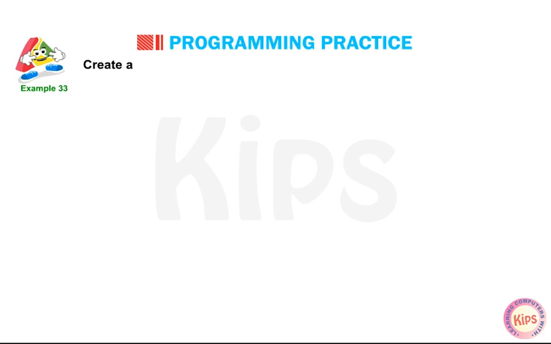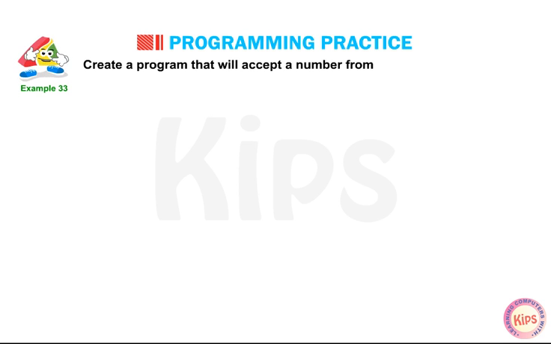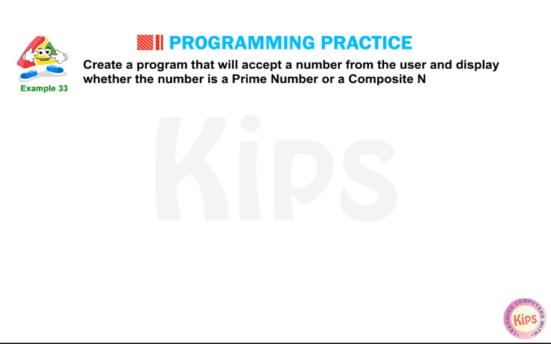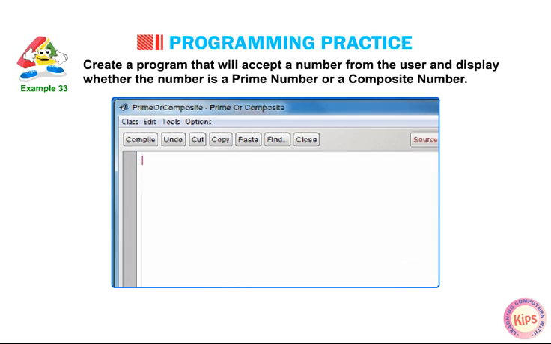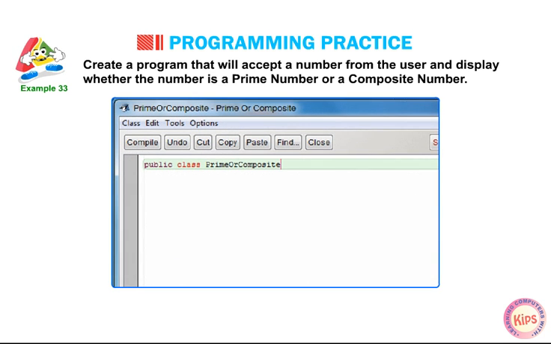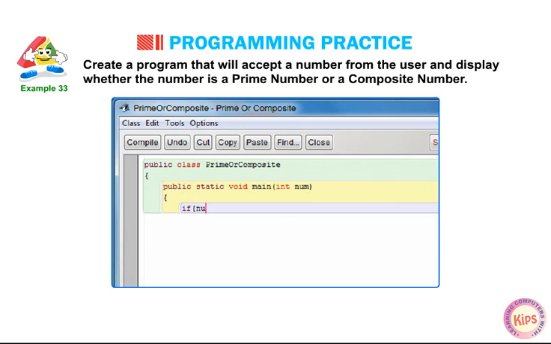Example: create a program that will accept a number from the user and display whether the number is a prime number or a composite number. public class PrimeOrComposite { public static void main(int number) { if (number < 2)